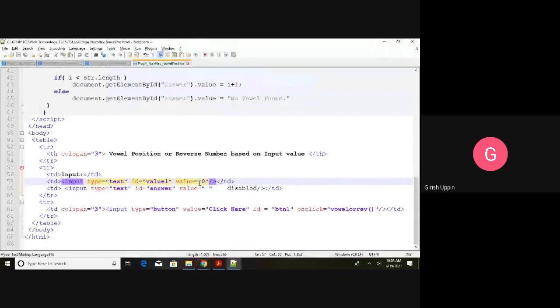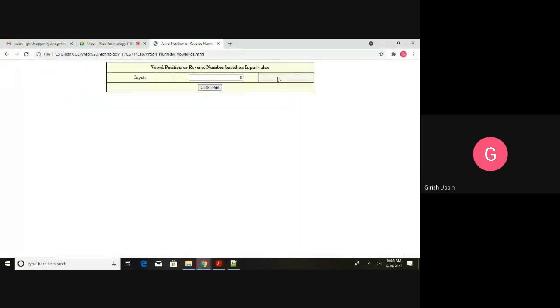That is where it is coming from, and closing of that TD. Then the next data cell again has an input control element, type is text, and the ID is answer, value is space, and it is disabled. That is this element.